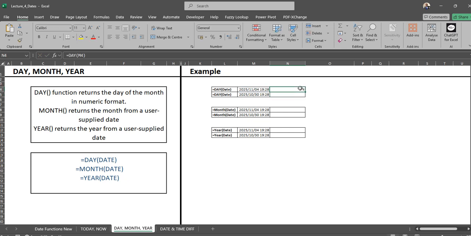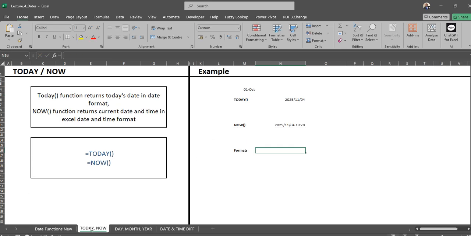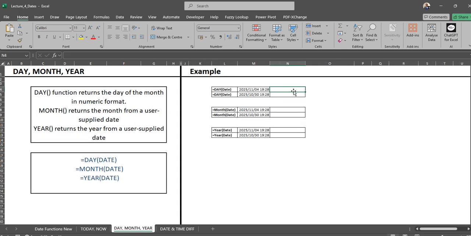So I was explaining these date functions. If you want today's date, you just use the formula TODAY, like this, to give you the date of today. If you need the date time now, you use the NOW function. Then if you need the date parts,